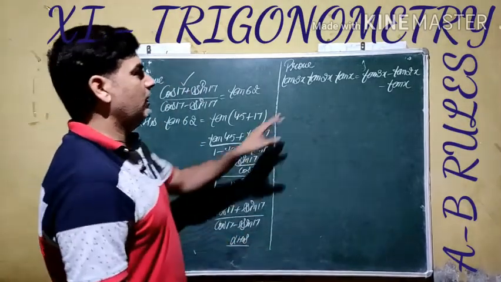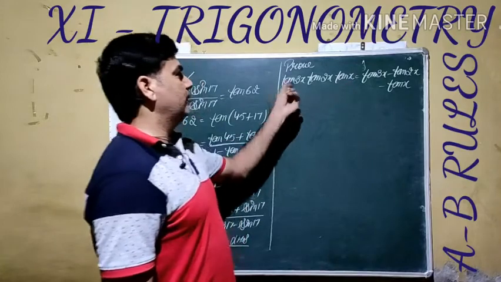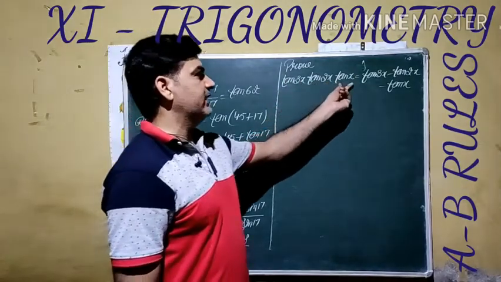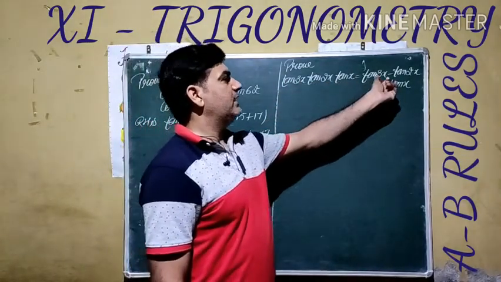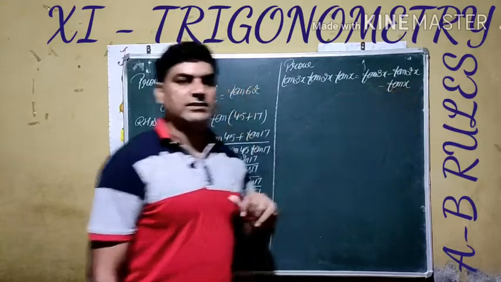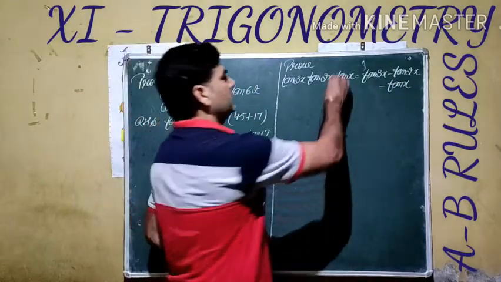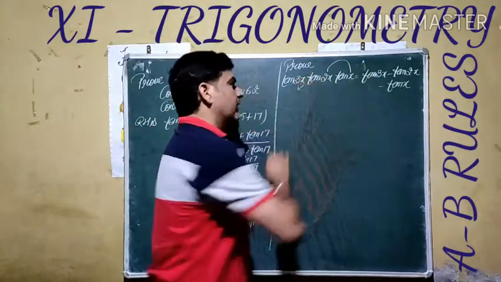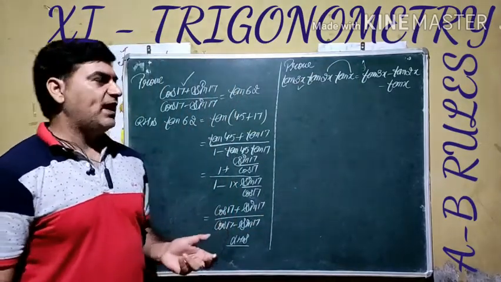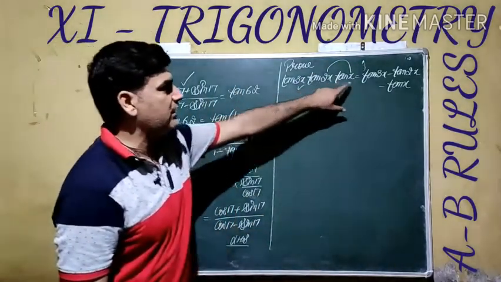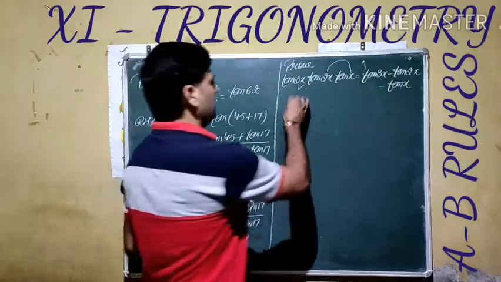Now let us continue with the next question. It is given by tangent 3x, tangent 2x, tangent x, broken in three parts: tangent 3x minus tangent 2x minus tangent x. If you see here, there is a hint. The sum of these two angles is the third angle. It means we can break 3x into two parts. One of them is 2x, the other is x. So we are going to use this one.